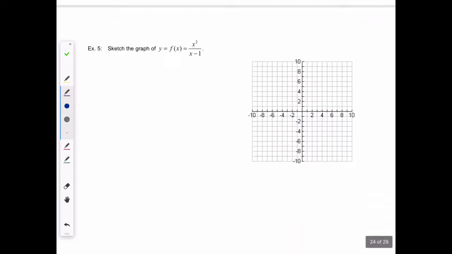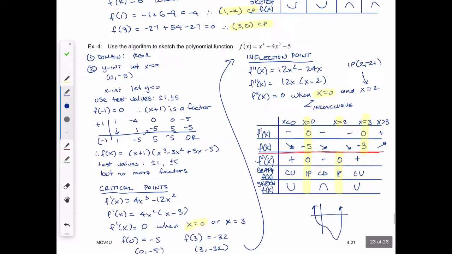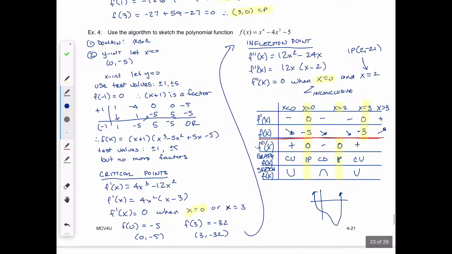One last example. I'm going to go back to this one again, and I didn't do 2 of the steps, right? I didn't do the symmetry. So in this case, for symmetry, I'll do it in green. If I do step number 3, symmetry, I'm basically going to have f of negative x